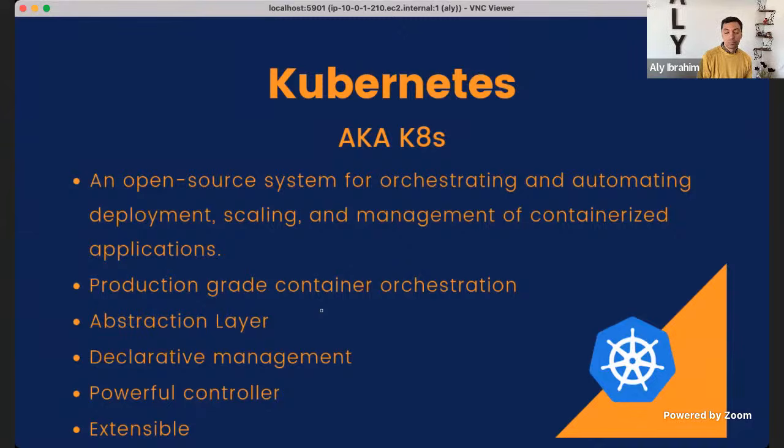ACK, which is that controller that I mentioned, will add a kind for Route 53, a kind for RDS instance, and so on. There is also something in Azure called service controllers, which can do the same. And Crossplane, for example, gives you something similar to the Terraform way of managing your infrastructure, but using YAML files, and it allows the controller to extend and create all these things. So it's very extensible. You can even extend it for your own application.